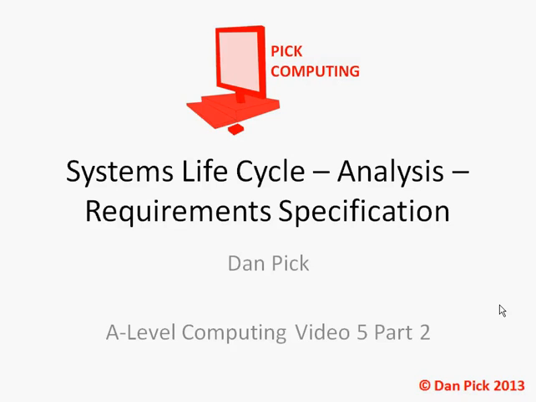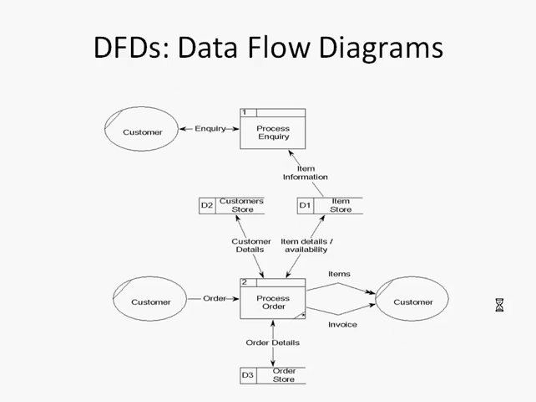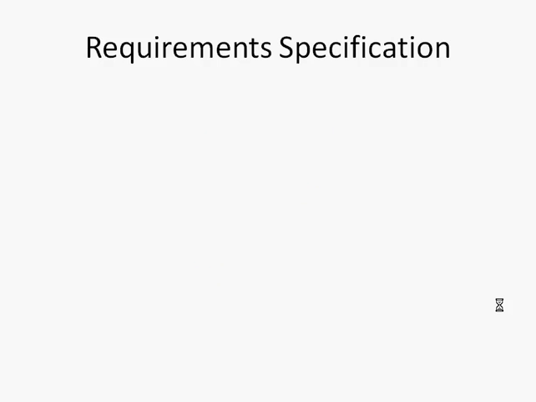This is actually part 2 of A-Level Computing video number 5. We're talking about the analysis stage still, but we're going to think about something called a requirement specification. So in the analysis stage, some of the techniques we've looked at for helping us with analysis so far: in video 4 we looked at data flow diagrams. In part 1 of video 5 we looked at flow charts, and now we're going to look at this thing